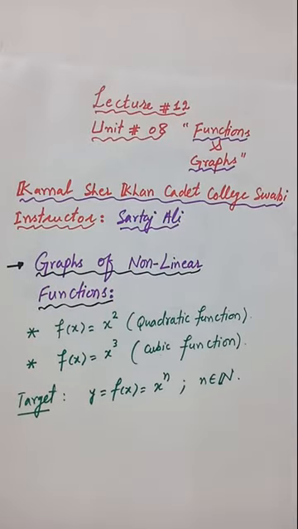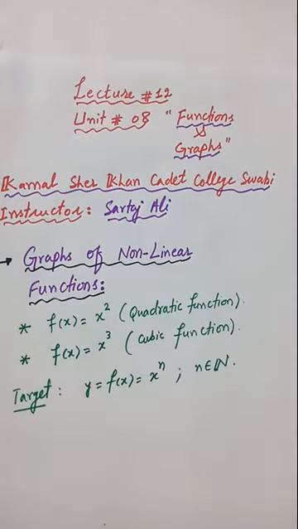Okay, now in this video lecture we will discuss the graph of these two functions, and then we will generalize. Remember how you can draw the graph. First of all, you must remember the domain of the function. Give a value from the domain, and on that domain value the function will give you a value in output. Make an ordered pair from the domain and range value. You will get different ordered pairs, plot those ordered pairs, and pass the curve in the shape which is the graph. Remember the shape is so important in sketching the graph of a function.